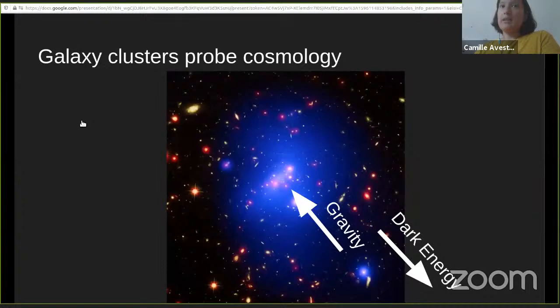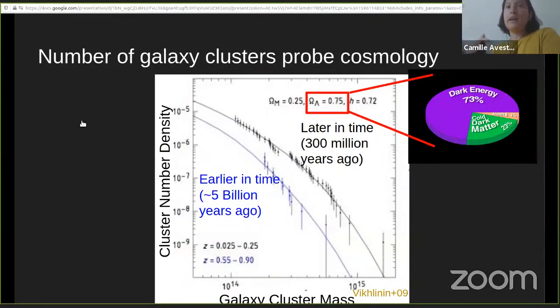So to talk a little bit more about why clusters specifically: clusters are the most massive gravitationally collapsed objects in our universe. They're comprised of hundreds to thousands of galaxies. And their structure formation is essentially a tension between gravity promoting the collapse of structure and dark energy, the accelerated expansion, suppressing the growth of structure. Since galaxy clusters are sensitive to this balance, their abundance is also going to be sensitive to cosmological parameters. In particular, if we count the number of galaxy clusters as a function of their mass, as a function of time,